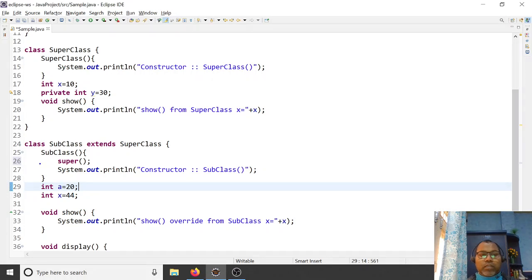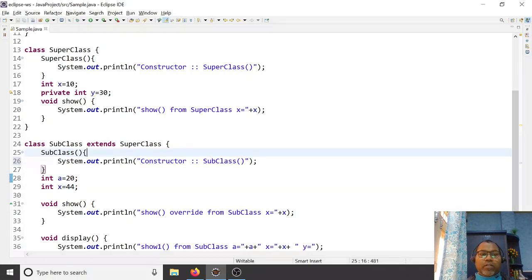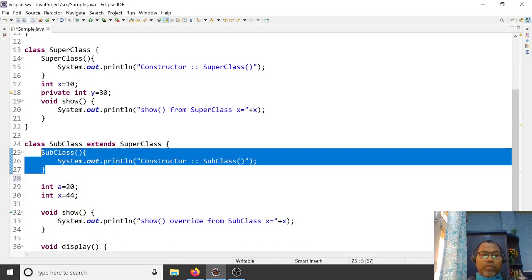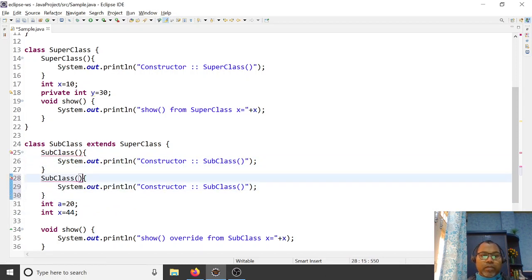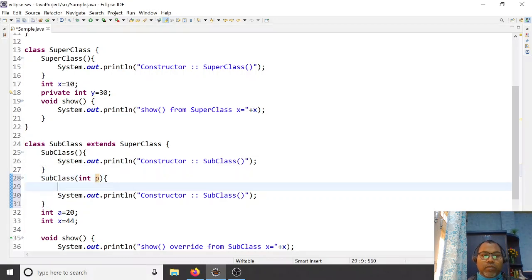The superclass constructor call is the first line, and before anything else you can invoke the superclass constructor. Here we have a default constructor, and by default it is invoked. So if you are writing another constructor with one argument, integer p, here you can invoke super.